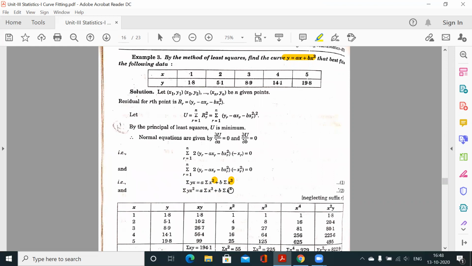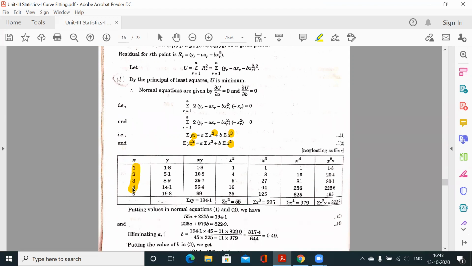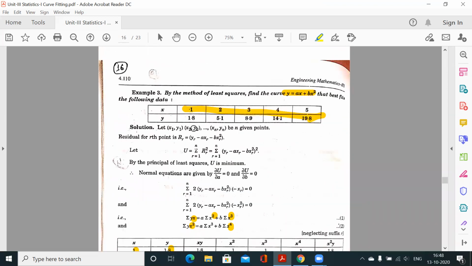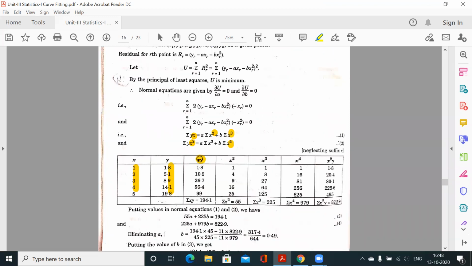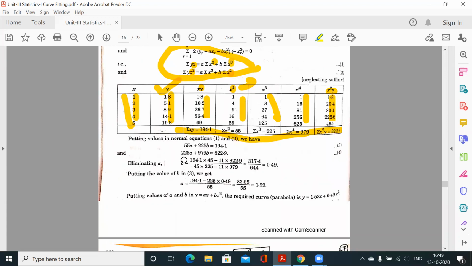आपको x² चाहिए, x³ चाहिए, x⁴ चाहिए, और yx चाहिए, xy चाहिए, x²y चाहिए। वही कॉलम्स आप कैलकुलेट, ये आपके x की वैल्यूज हैं, ये y वैल्यूज हैं, ये जो गिवन है, ये x की वैल्यूज हो गई, ये y की वैल्यूज हो गई। आपको अब क्या क्या चाहिए, xy चाहिए, तो x into y means इनका मल्टीप्लिकेशन 1 into 1.8, 2 into 5.5, 3 into 8.9, ये summation products आ गए। नेक्स्ट अब आपको x² चाहिए, तो x का स्क्वायर कर दीजिए x की वैल्यूज के, x³ भी चाहिए तो x के क्यूब कर दीजिए, x⁴ भी चाहिए तो x का 4 पावर कैलकुलेट कर दीजिए, फिर x²y और चाहिए, so x²y, x² आपके पास है, y आपके पास है, इन दोनों का भी मल्टीप्लाई कर दीजिए। सारे summations को कैलकुलेट करके इन दोनों इक्वेशन में जैसे ही रखेंगे, आपको a और b की वैल्यू मिलेंगी, और a और b को आप इस आंसर में रख दोगे तो आपका फाइनल आंसर आपको मिल जाएगा।